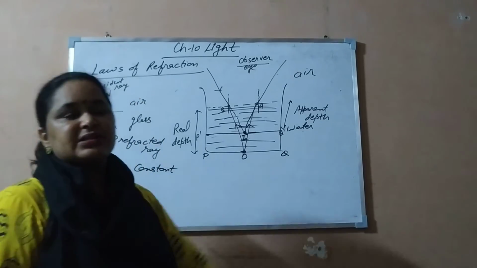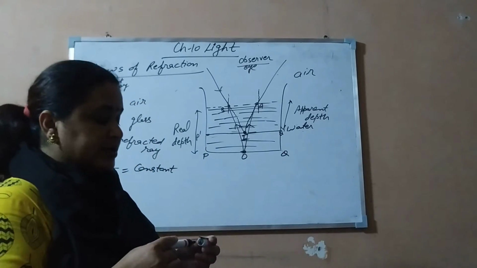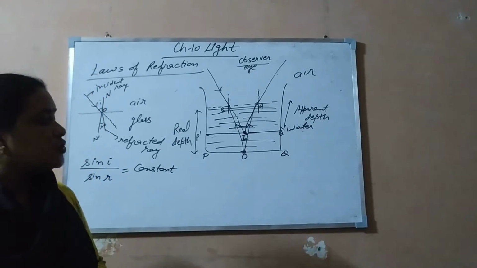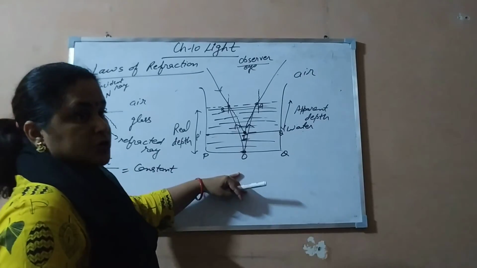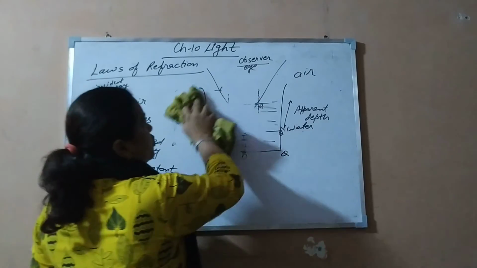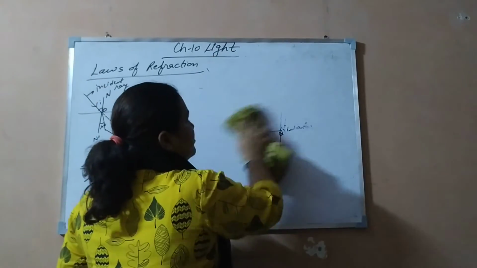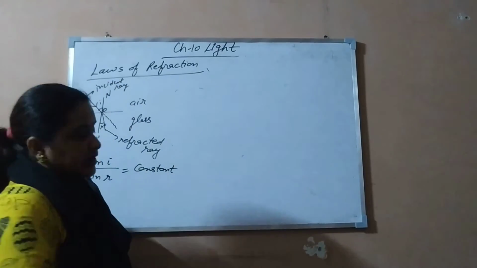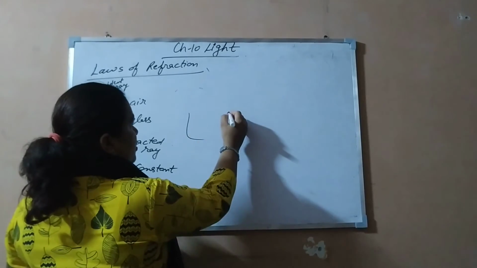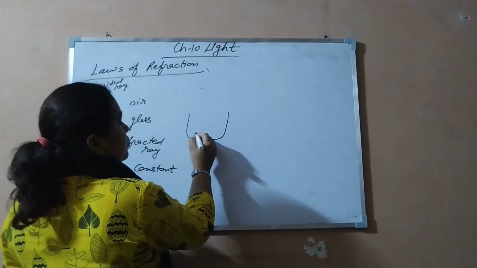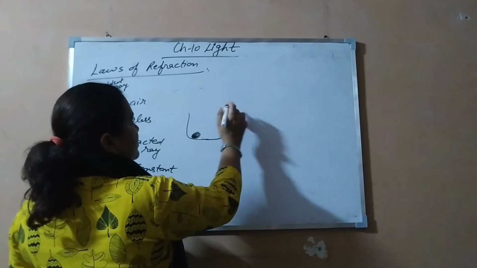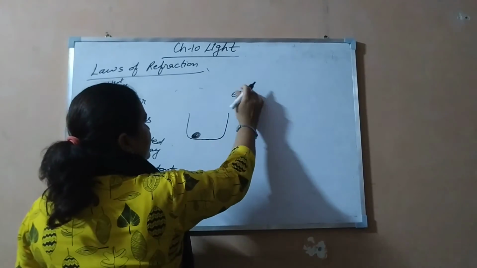One more example is given in NCERT, that is a coin kept in a basin. So that example is also given. Let us show that also. So you have understood with the help of the ray diagram. Now I am going to show you the last example, which is given in your NCERT book as an activity. So that activity you can do, like a basin or a bowl is there. In this bowl, a coin is kept. Okay, and nothing is filled, and the observer is here.